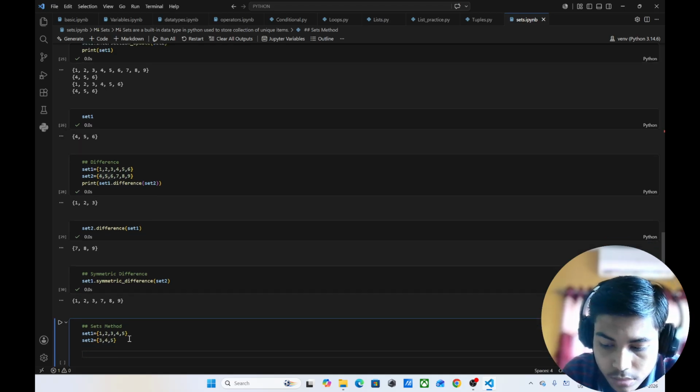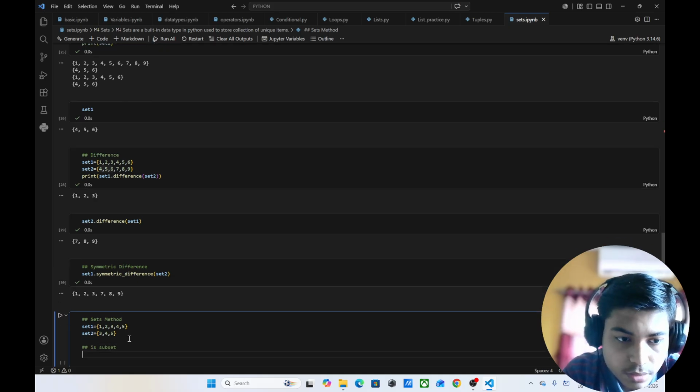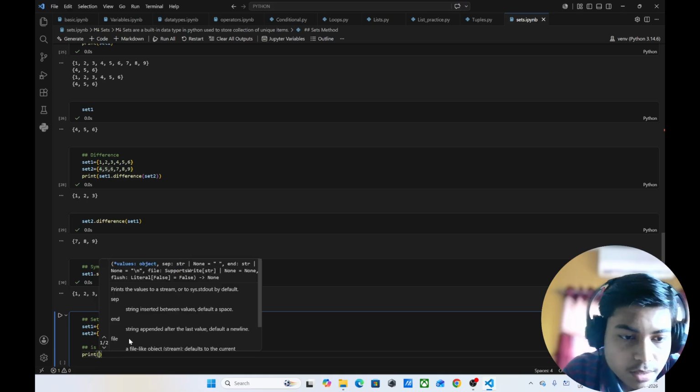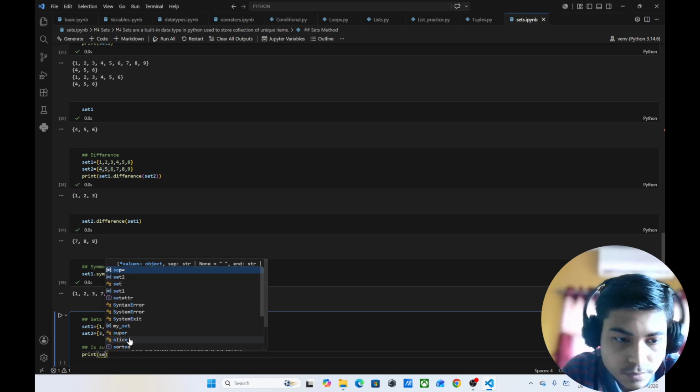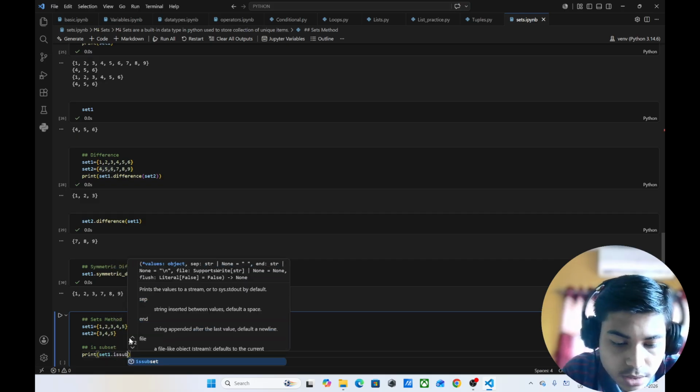Now the first one is subset. So these are some basic mathematical operations that you have already performed in maths also in lower classes when the sets chapter was there. So this is very basic knowledge,